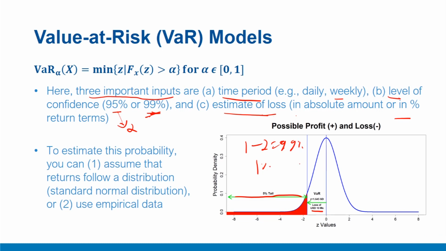Now, from our knowledge of standard normal distribution tables, we already know that if this point is supposed to be 5% tail, the 5% probability, then this line is 1.645 standard deviation on the left. We can identify this point as 1.645 Z value. So Z value equal to 1.645 on the left side will correspond to that 95% region. That means area on the left side is 5% and on the right side is 95%.